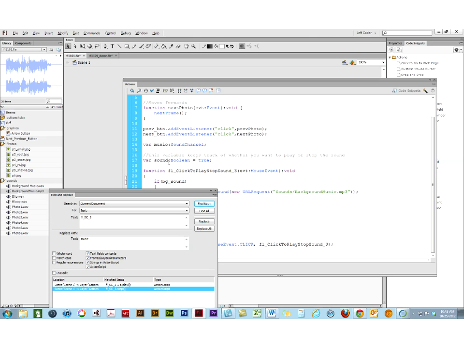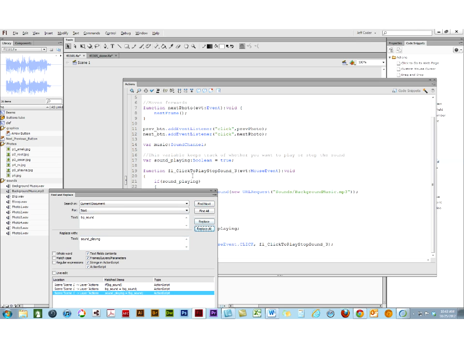So let's change that to sound_playing. Okay, and let's take BG_sound and change it to sound_playing. Replace all. Okay, and then we have this last, we have the function itself, which is really the start-stop function,